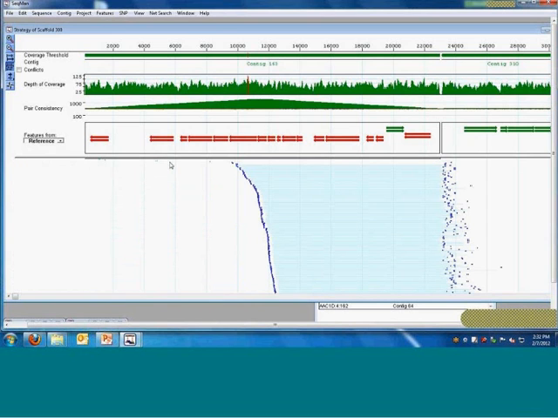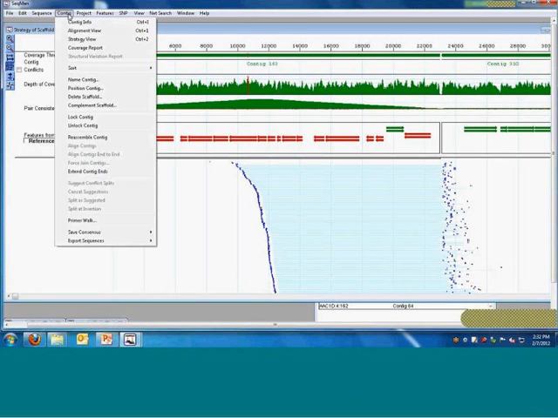And I can go to a small view like this, and here I can see at this gap I have massive amounts of pair information to support the order of these contigs. And it's this visualization that gives me lots of confidence that I have accurate contigs, accurate scaffolds, and then I can proceed on. And the next steps now, I won't go through all these steps because we don't have nearly enough time, but if I just go to the contig menu,